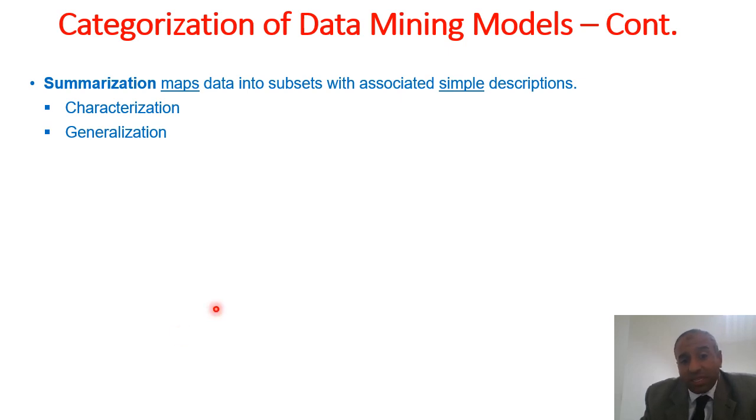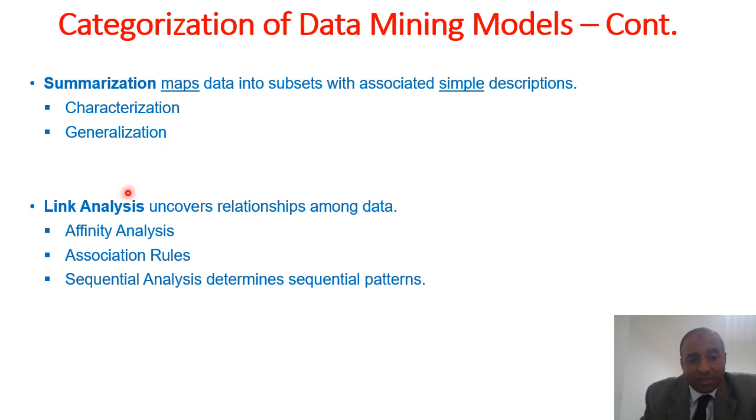Summarization simplifies the data. It creates subsets of the data with simpler descriptions, including, for instance, characterization, where we find some characteristics and summarize the properties of this data. In generalization, we could summarize this data into more general norms or rules. In link analysis, we uncover relationships. We find the relationships in this data